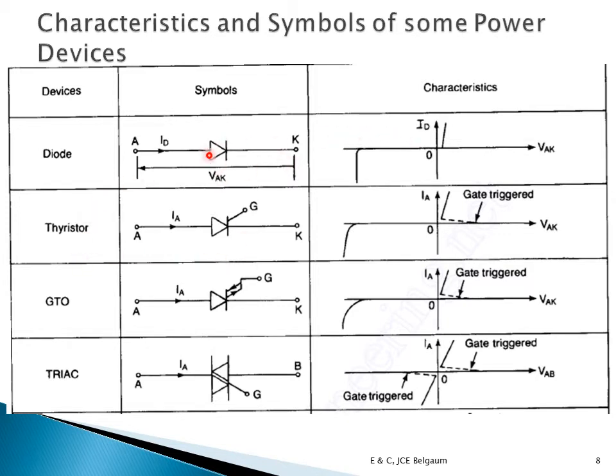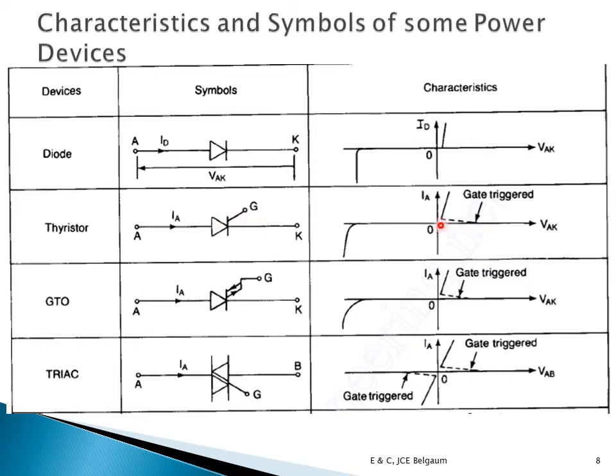Coming to the thyristor, it also has anode and cathode like a diode, but there is a third terminal, the gate. The arrow direction, the symbol itself, tells you the current always flows unidirectionally. That is, it will always flow from anode to cathode and never from cathode to anode. Same thing with the thyristor. Only thing is that when I apply the forward voltage, it will not turn on until either the voltage exceeds the breakover voltage, or I use a gate. So simply forward biasing an SCR will not turn it on unless I give a gate pulse.